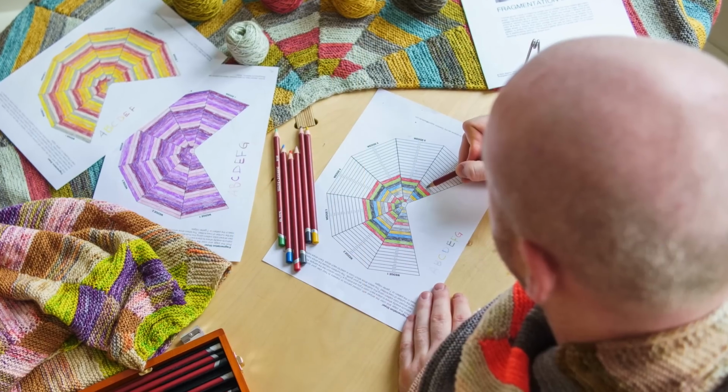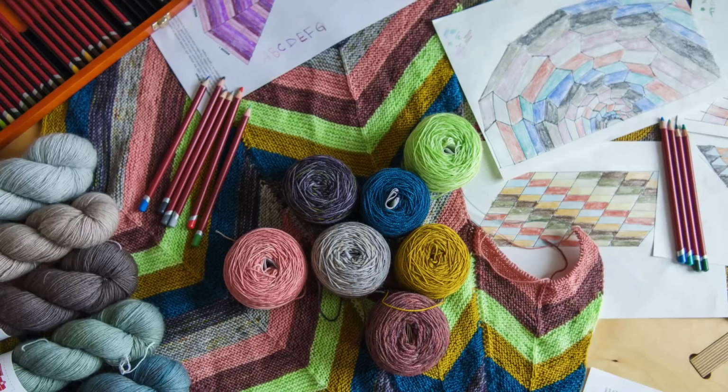So it's a great type of pattern series for you to customize with your stash yarns. So you could take the design ideas like the fragmentation shawl, which is a 7-color design, but you could do your multicolor stash busting and do a different color for every single color block. So a lot of good opportunities to knit up your stash and spring clean all your fingering weight shawl yarns